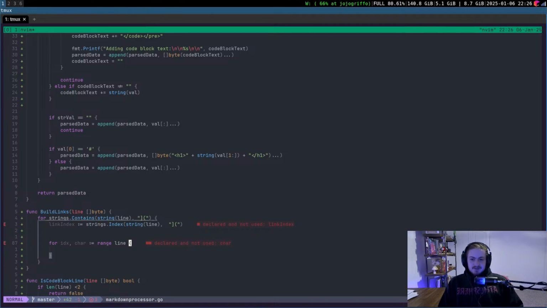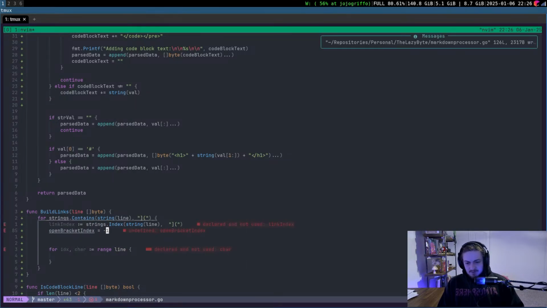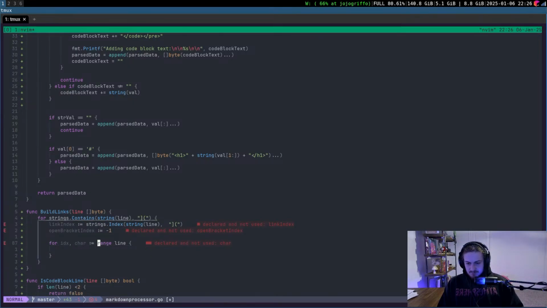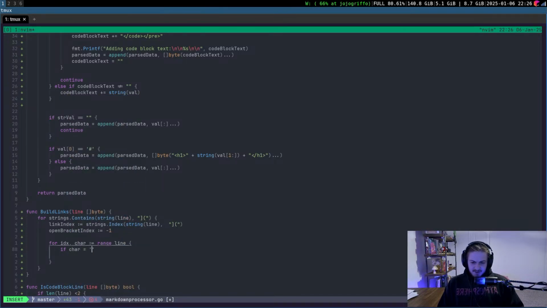So we're going to need a little bit of state. openBracketIndex equals -1, so we're just going to start that out there. So if the character equals an open bracket,